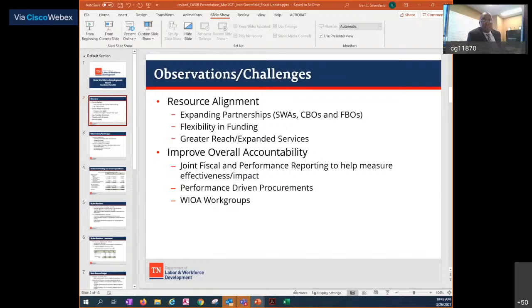This all helps to align and blend our resources so that we can have greater flexibility in the funding itself, and also increase the number of job seekers and employers that we can provide services to. And then we're also looking to have measured outcomes. A lot of talk has been made about the key performance indicators and other metrics, and how we can implement